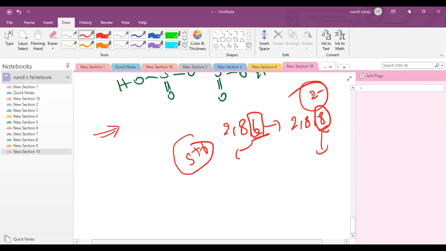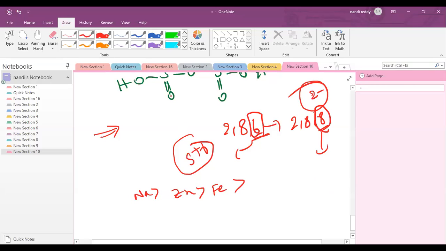These are the competitive electron transfer reactions. Please note down this heading: competitive electron transfer reactions. Competitive electron transfer reactions means, you may have done the 10th standard activity series, sir. Activity or active series, is it correct? Which are the more reactive elements they gave, like sodium, zinc, you can take iron also.